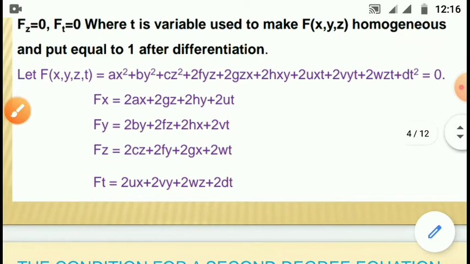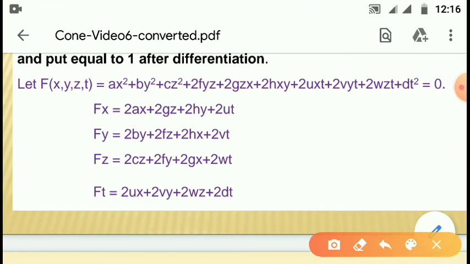So, the derivative of ax square is 2ax, all these are constants and hence their derivative is 0, and here also, 2gz into x, derivative of x is 1,